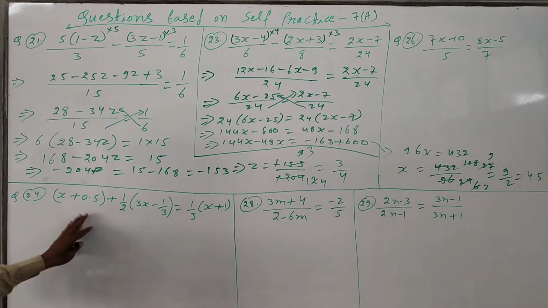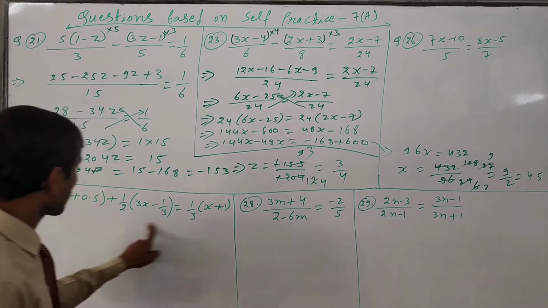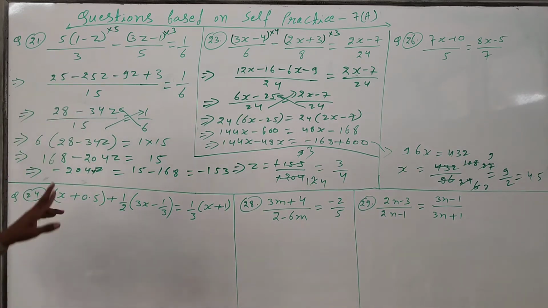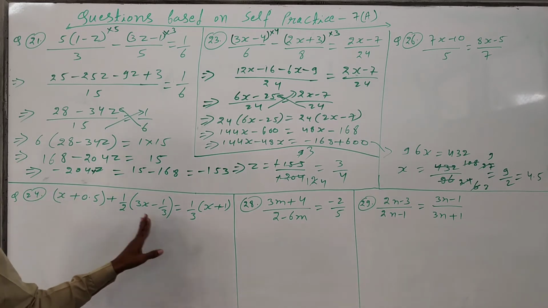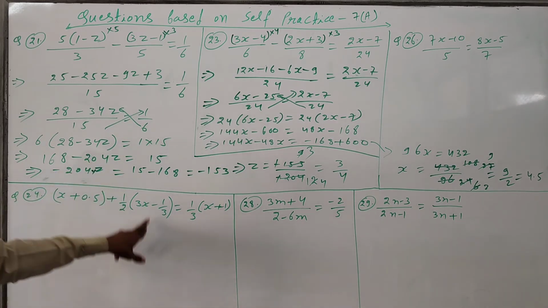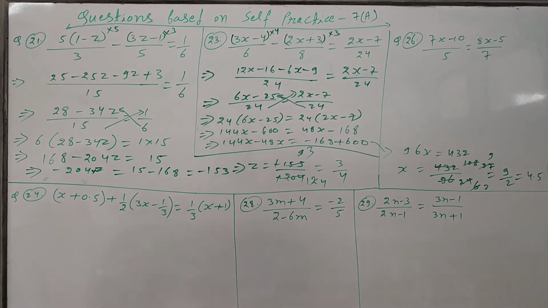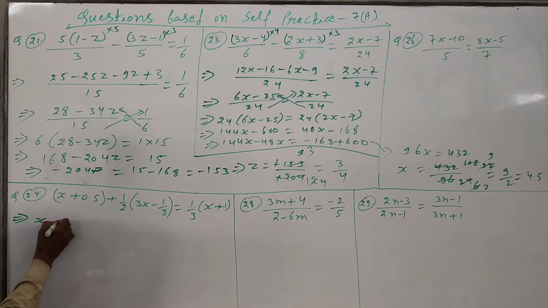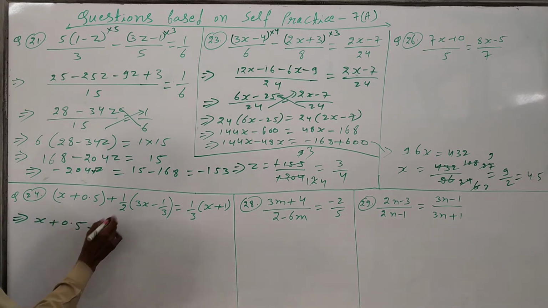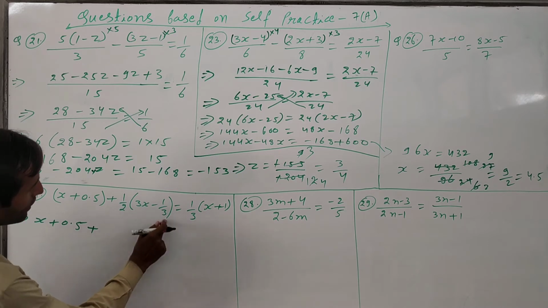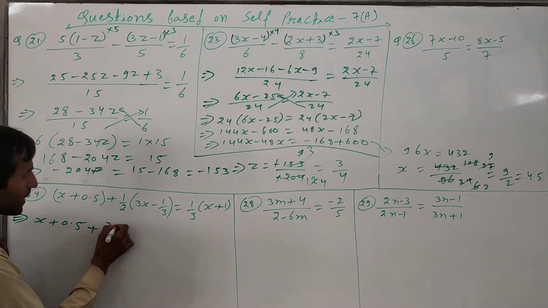Now we have to solve question number 24. So how will we do this question number 24 again? Here some bracket is there, and decimal is also there, fraction is also there. So how do we do it here? Again we first of all just remove the bracket, means first multiply here. x plus 0.5, plus this 1 upon 2 will multiply here as well, here also. So it will come 3x upon 2.